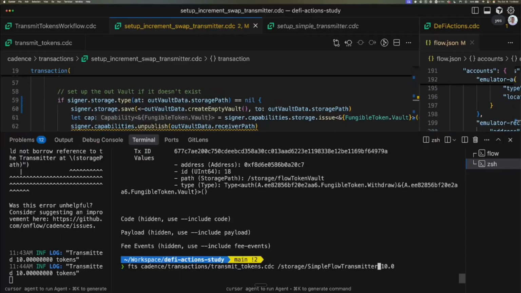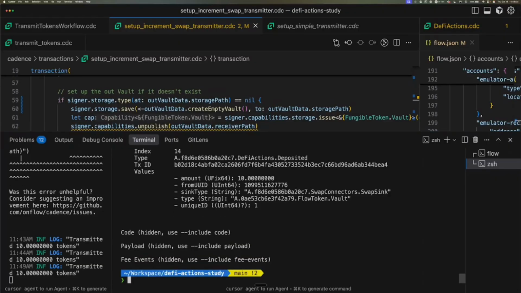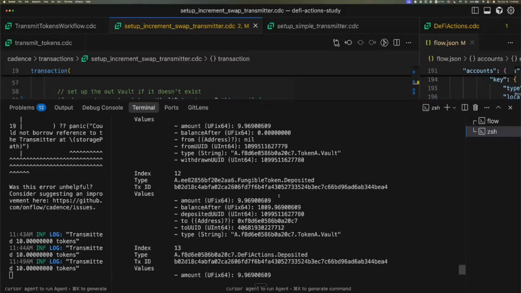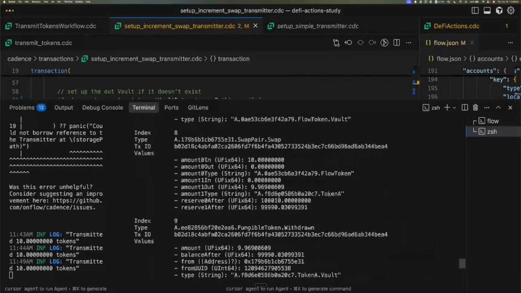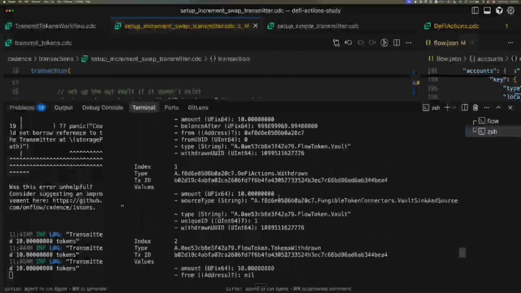Transmit swap flow transmitter. And I'm going to expect that 10 flow are transmitted. Let's cross our fingers, and that worked. Great. So we set up the transmitter successfully, and I can see, if we look at these events, there's quite a few more events than originally,